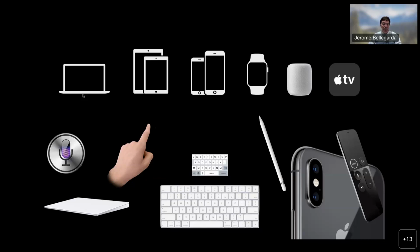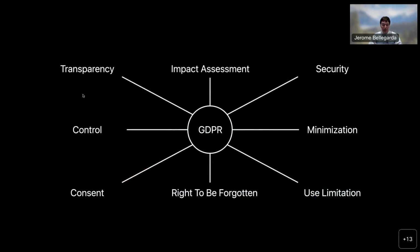In addition, there is an extra level of difficulty because this interaction between human and device involves creating and manipulating user data, whether it's speech, text, handwriting, or photos. That's our personal data that is being dealt with here, which means that we've got to talk about privacy. Over the recent past, we've all come to realize that our data can sometimes be exploited in all sorts of creative ways, and often without our knowledge, which eventually led to legal frameworks like the GDPR in Europe, now being more or less adopted all around the world. For example, California has a very similar set of regulations. Even China also has some GDPR-like